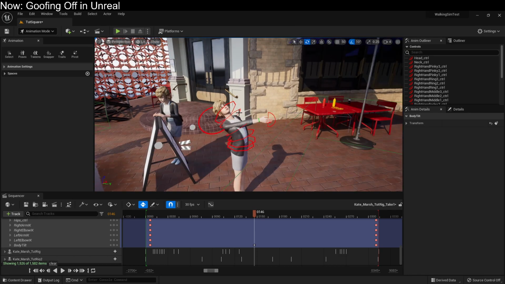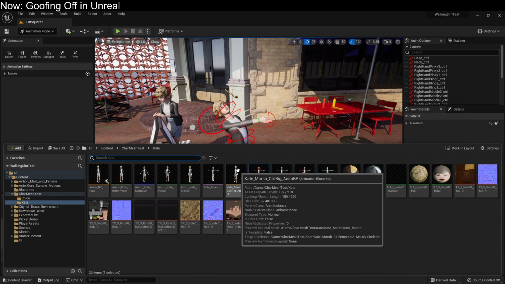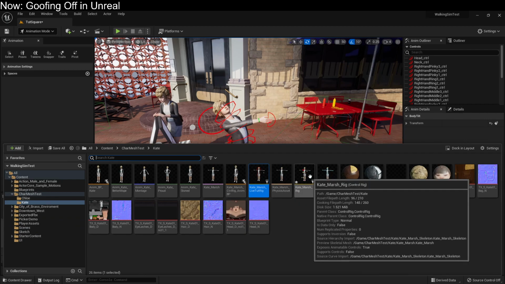In order to take this rig to something fully usable, all you have to do is the same thing we just did. You have to do IK for the legs. You have to choose which clusters of bones you want to manipulate on the face, using what controls. It's not complicated. It's just a matter of figuring out what you want and making sure that you're doing it in the right order. If we were to take a look at the existing rig that I created, which is here,